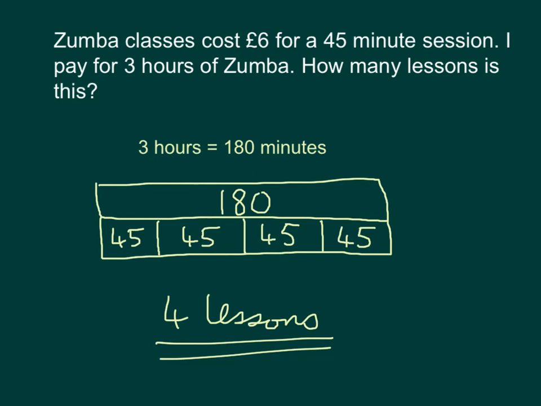So the first thing I'd have to do is work out 3 hours, how many minutes is that? And of course 3 hours is 180 minutes, it's 3 lots of 60. Now, how many 45-minute sessions are there in 180? 1, 2, 3, 4. So overall, it'll be 4 lessons. Now, the red herring here is the cost, £6, because actually, for this question, that's not